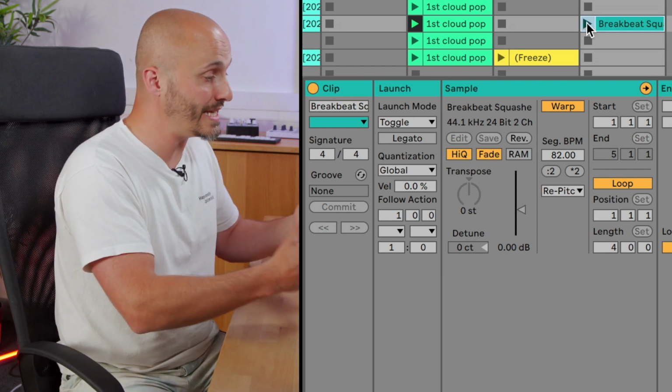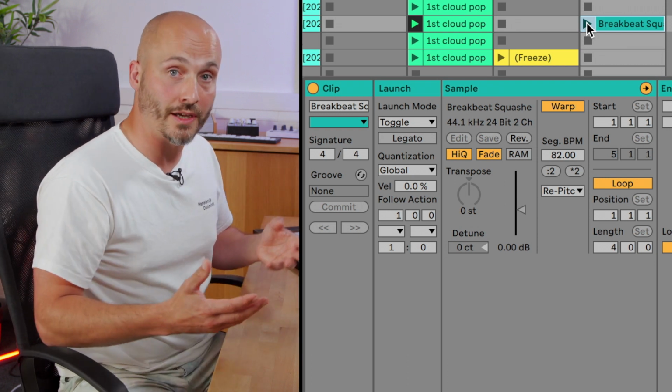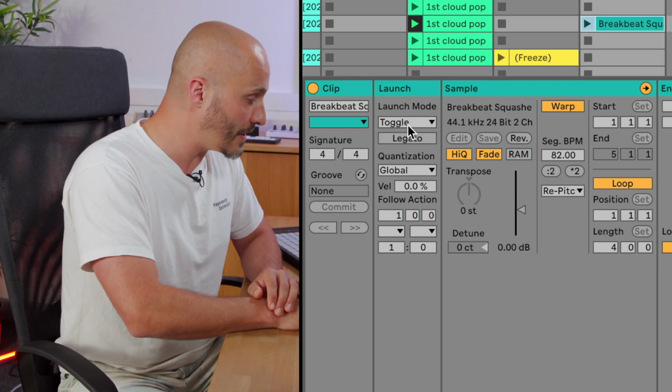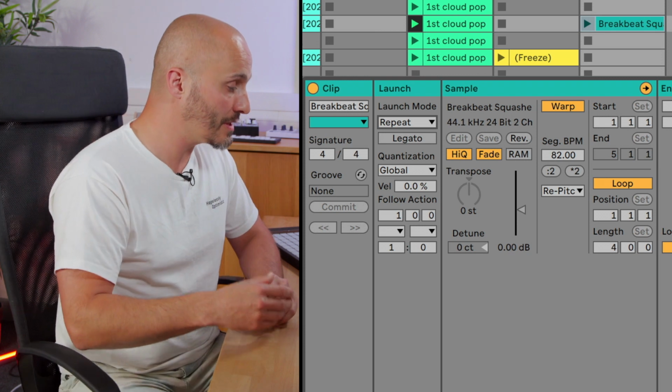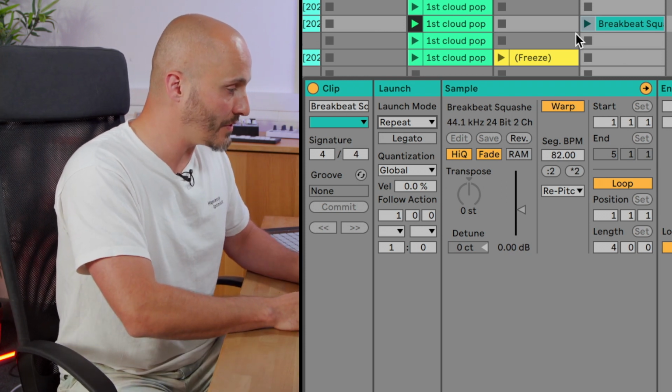Okay, so this is quite an easy way to turn it on and off without dealing with the channel mute or anything like that, as long as we want it to start and stop at musical starting points. So the last one is repeat mode. This will allow us to launch it, but it will also relaunch it when we hold down the play button as well. So if I press it now,